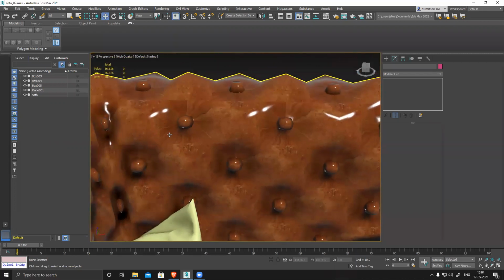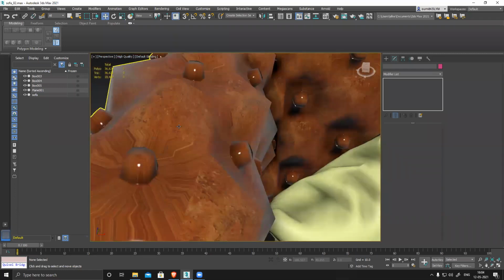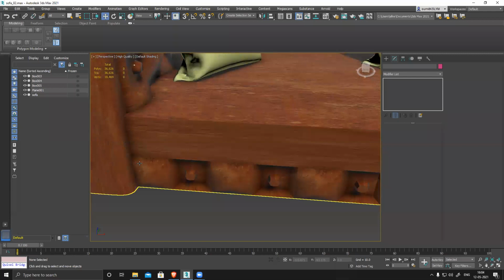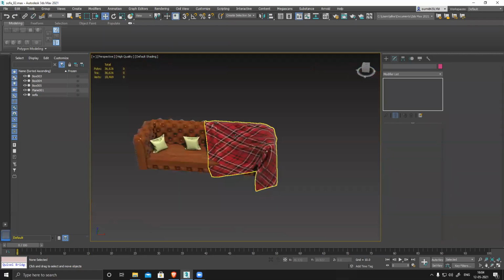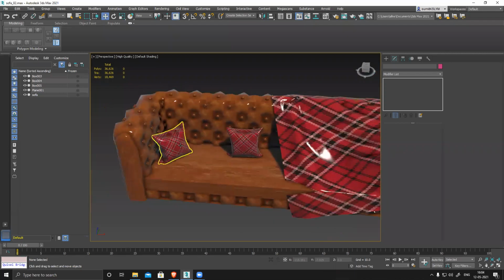Texture-wise, you can see in a few areas it's clean and then it's getting stretched. So without UV, this will happen. For a plane or box, the basic primitive shapes, texturing will work.